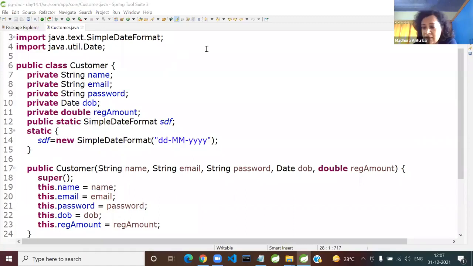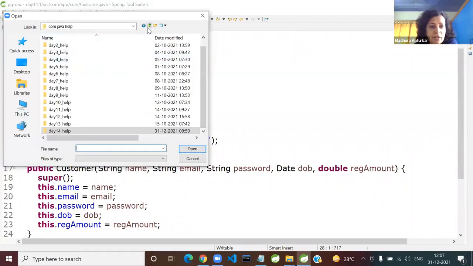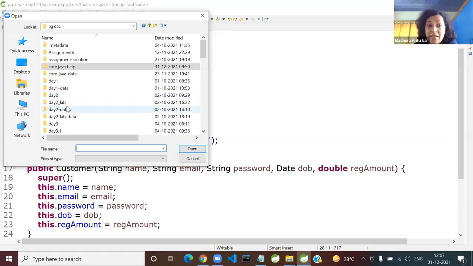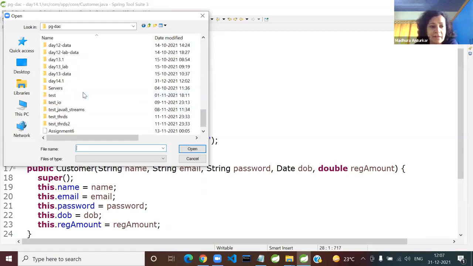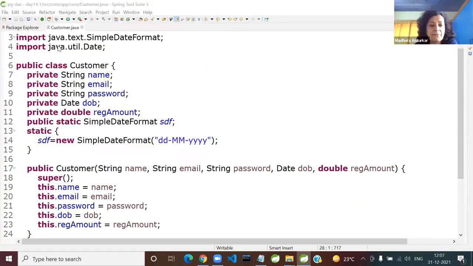I'm sending you this customer.java so that those who are not completing in time can also continue to code. Because important thing is your sorting assignment, sorting work basically. So I'm sending you src com and core customer. Send you customer.java. If you have already completed on your own, you don't have to make a copy. You let me know whenever you are completed, whenever you are done.